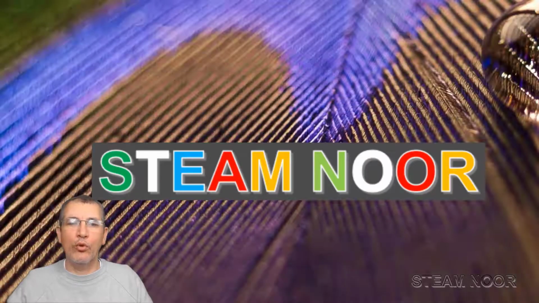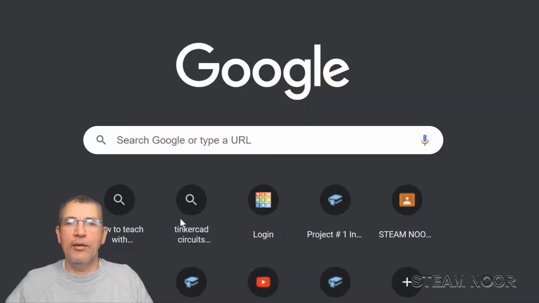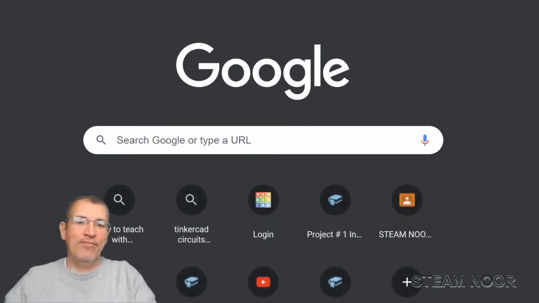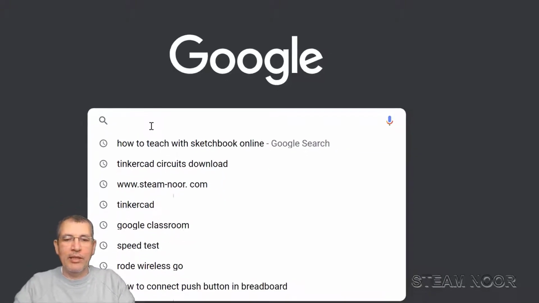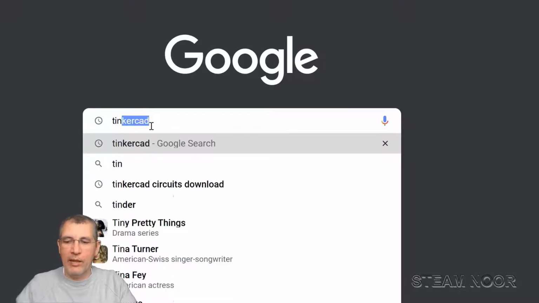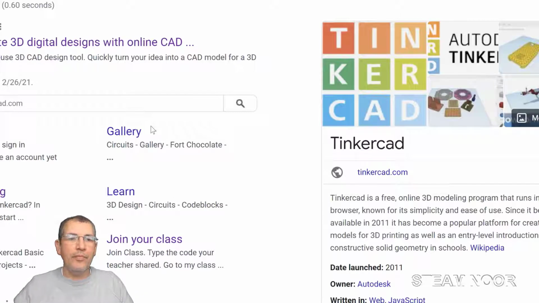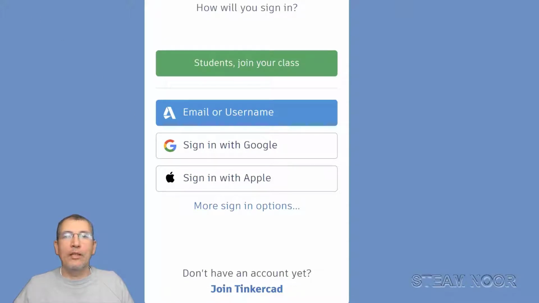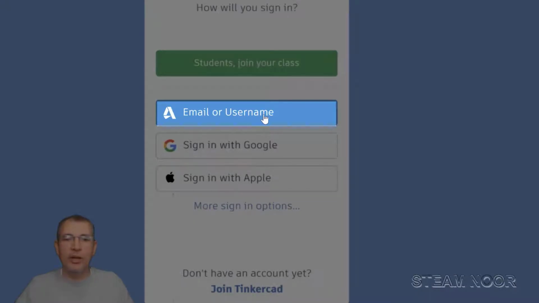I want you to go to your favorite web browsing application. Mine is Google. So you just type, under Google search, Tinkercad. Click on the link where you can log in, and then select. There are multiple choices that you can do. Either you join as a student in my class, or using an email. For now, I prefer that you just use your email as